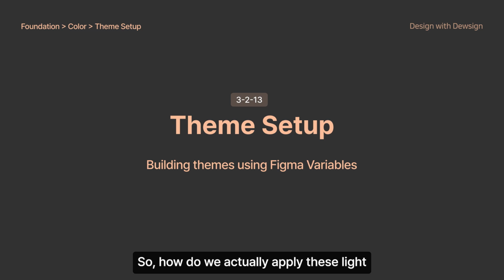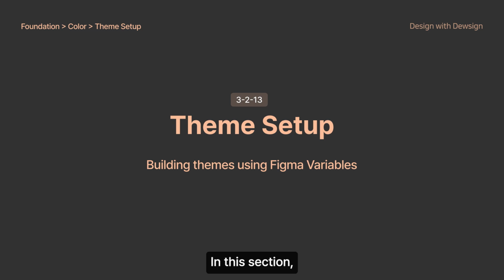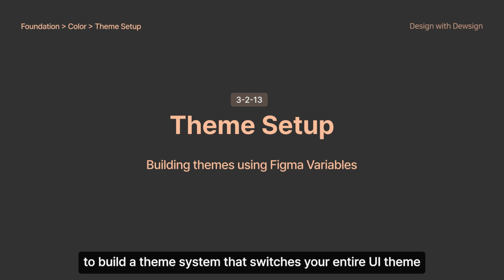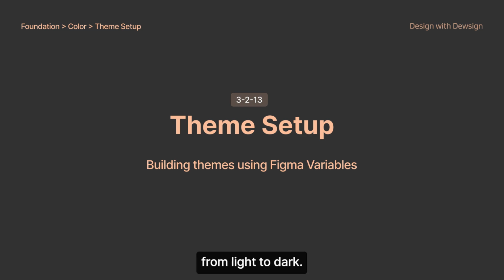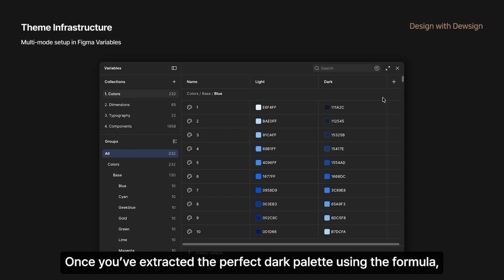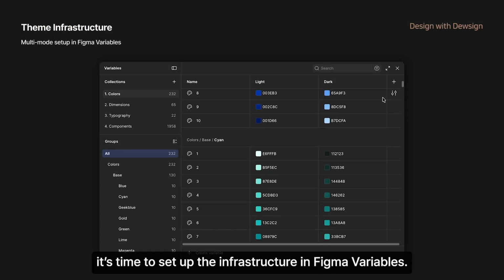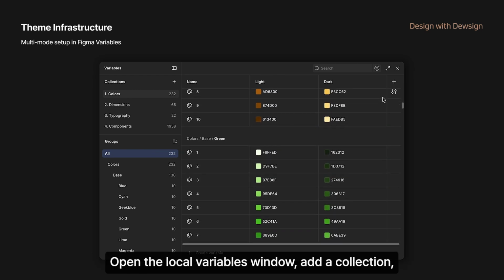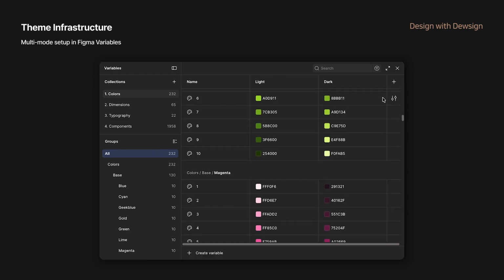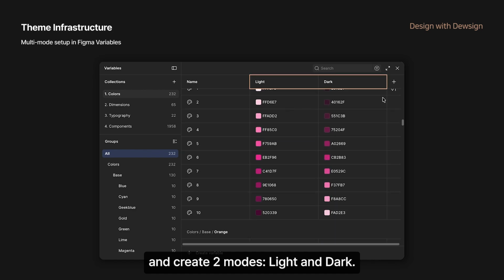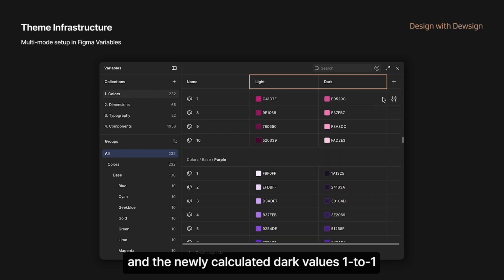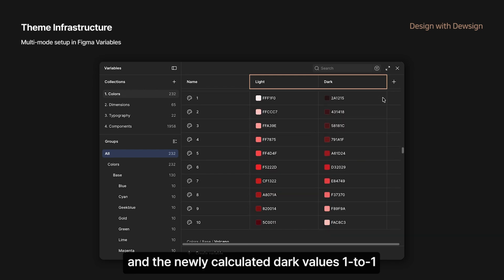So, how do we actually apply these light and dark color values in a real workspace? In this section, we're going to use Figma's local variables feature to build a theme system that switches your entire UI theme from light to dark. Once you've extracted the perfect dark palette using the formula, it's time to set up the infrastructure in Figma Variables. Open the local variables window, add a collection, and create 2 modes, light and dark. Then just match your light values and the newly calculated dark values one-to-one under the same token